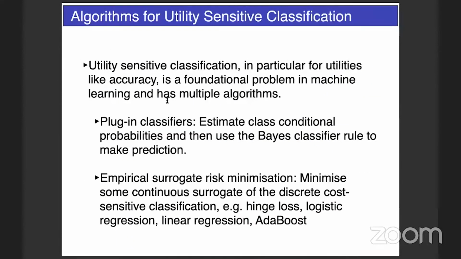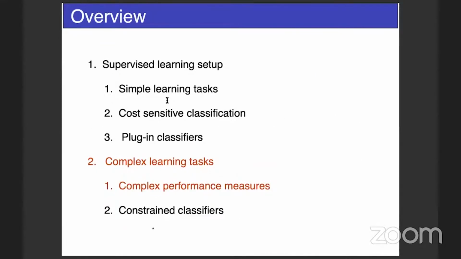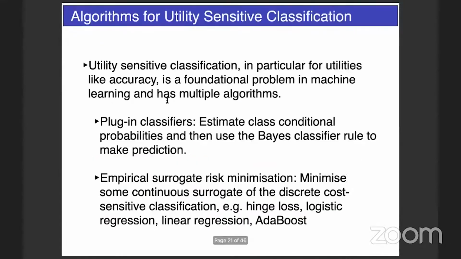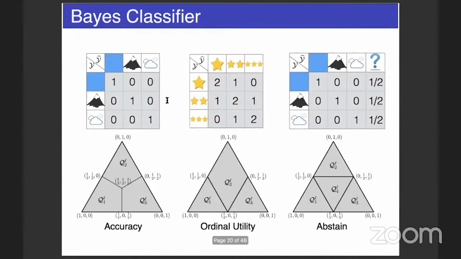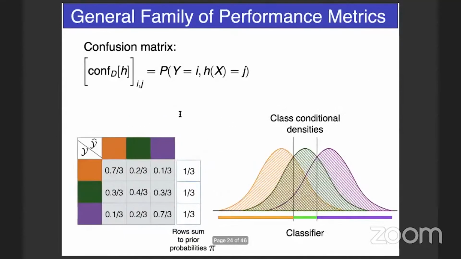Yes. Are there practical examples where the classes have a hierarchical structure, and how do you evaluate them in your setting? Right. So typically, if you have classes in a hierarchical setting, you can incorporate it in the loss matrix again, or the evaluation metric, or the utility matrix again. But in some situations, you might not want to do that. You might want to use what are called hierarchical F measures.